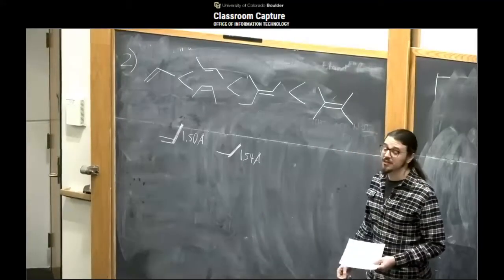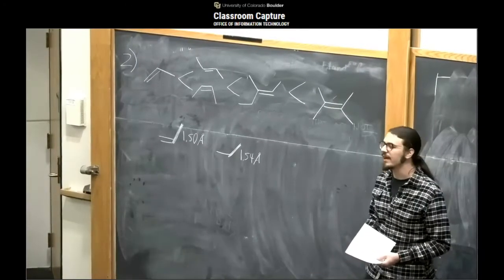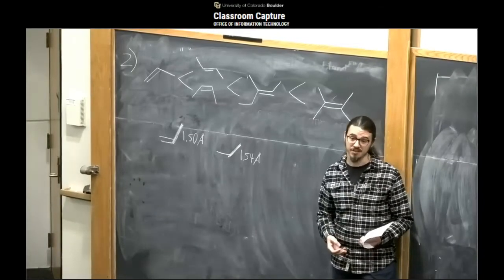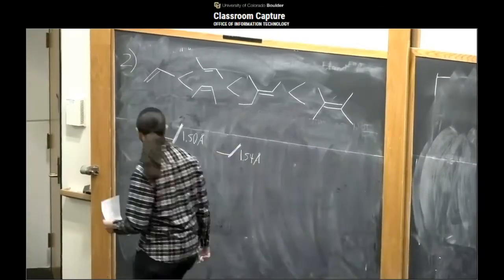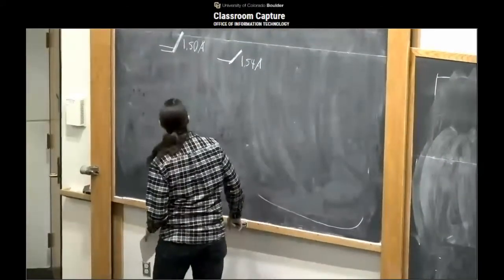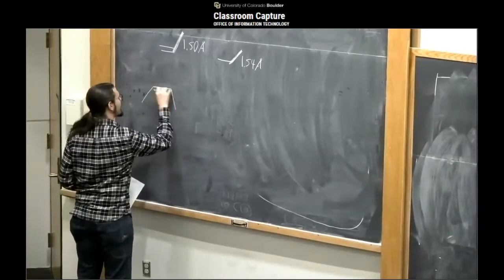The third thing to consider when you're comparing the relative stability of alkenes is, if it is a disubstituted alkene, if it is cis or trans substituted. So the reason for this